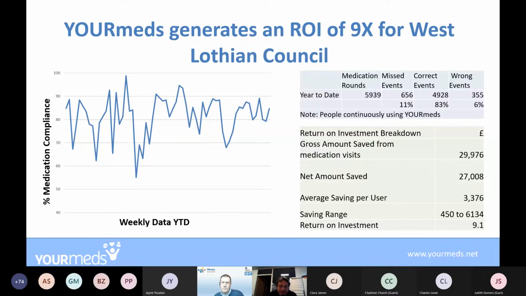So the bottom table on the right-hand side tries to translate this data into actual cash savings. And what we've done for West Lothian is that we've saved £9 for every £1 they've paid us. So I presume we've mispriced the product. That was a joke. What I would like to say is that we think that those generated savings are sustainable